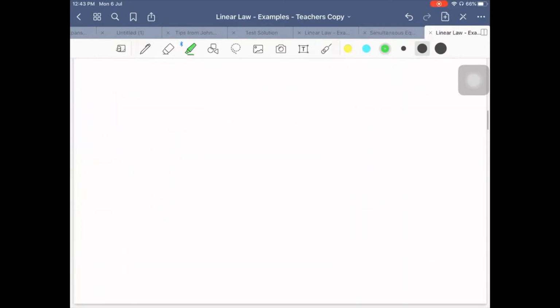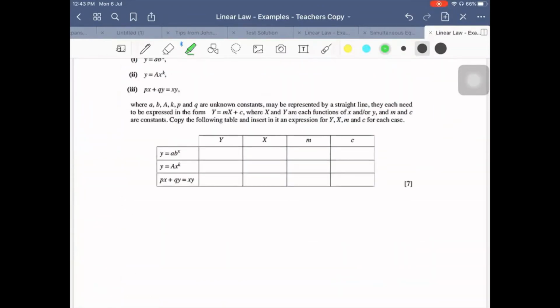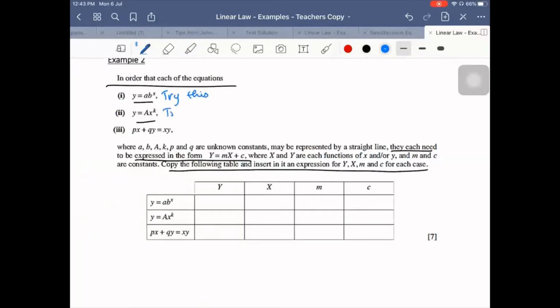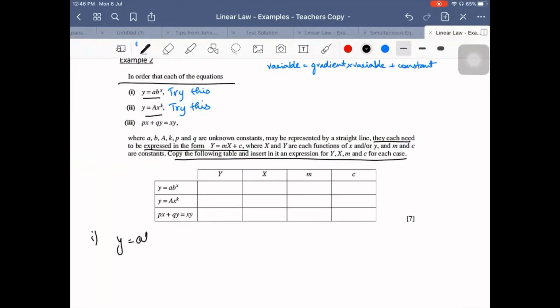Why don't you do this, I want you to do this small exercise first before I plot that graph for you। ये वाला देखें, उसने कहा in order for each of these equations, where a, b are constants, to be a straight line, they each need to be expressed in the form Y = mX + c, capital X and capital Y are each functions of x and y, and m and c. Copy the following table and insert it in the expressions. I want you to try this first one and try this as well. आप लोग खुद से दोनों साइड पे ln लगा के try to convert it into the form variable equals gradient into variable plus constant, इस फॉर्म में कन्वर्ट करने की कोशिश करें। Why don't you try and do this quickly? I am giving you 5 minutes to do।